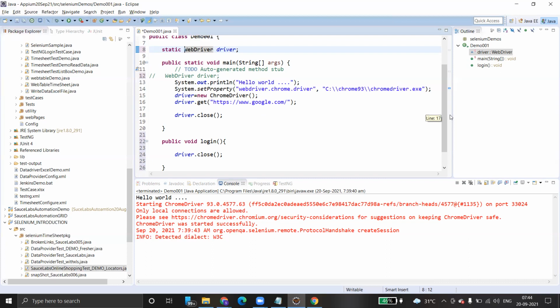Apart from that, does it make something go wrong in the program? Yes, because there will then be two WebDriver instances. So what can go wrong in that case? There will be two browsers launched at the same time from the same program.